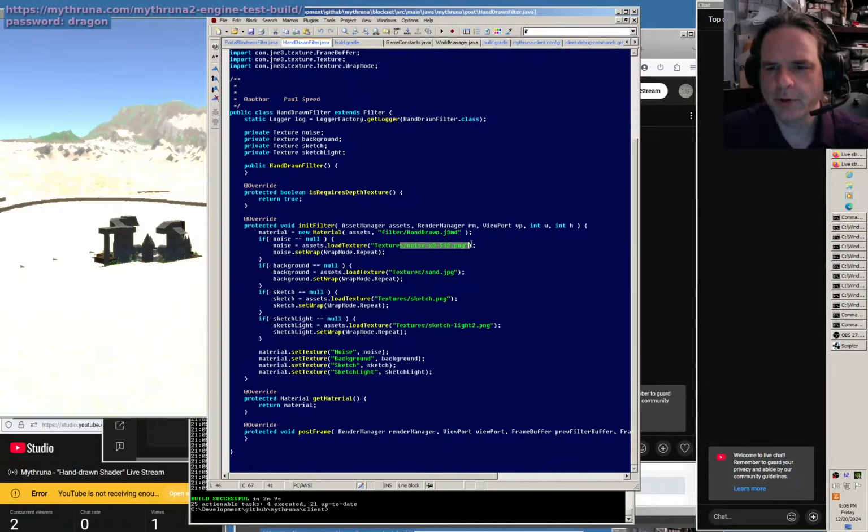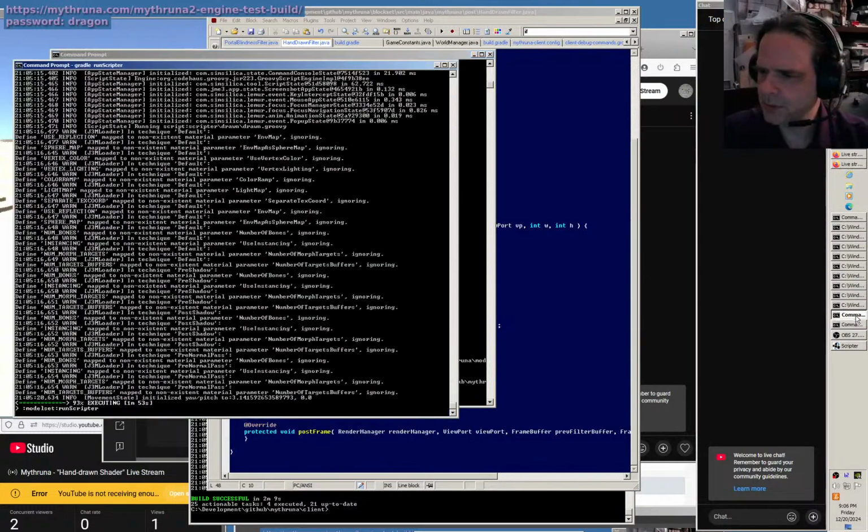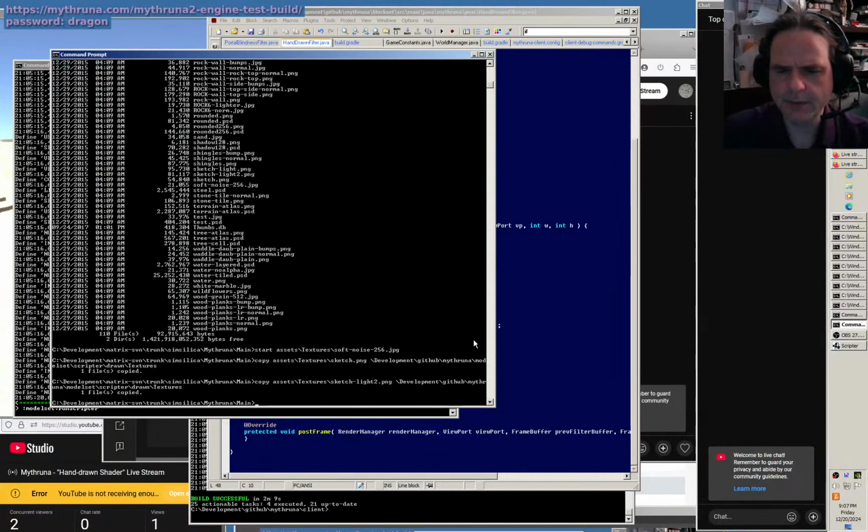And you wired it up with our new noise texture and some stuff. I picked up our sketch textures from the old one, which look like... where did I check those out? Oh well, yeah. So let's...